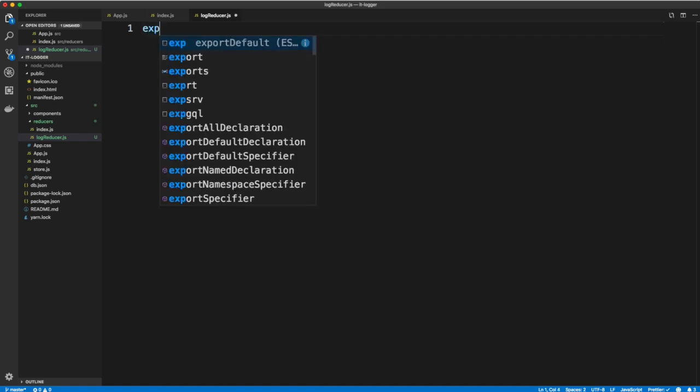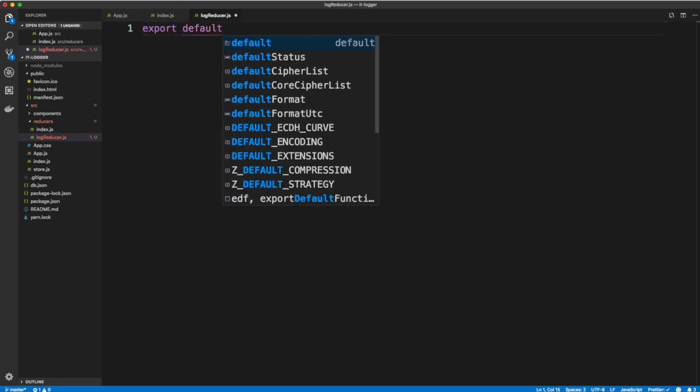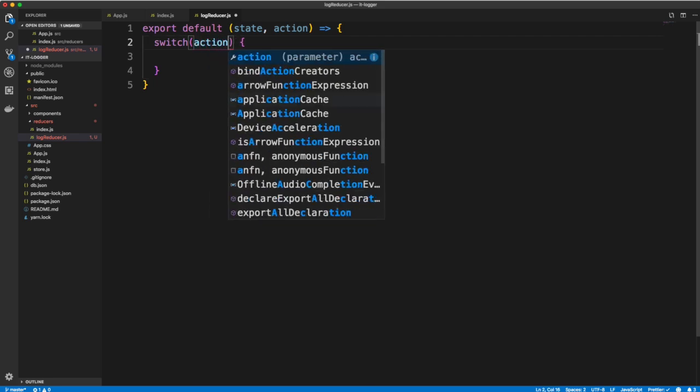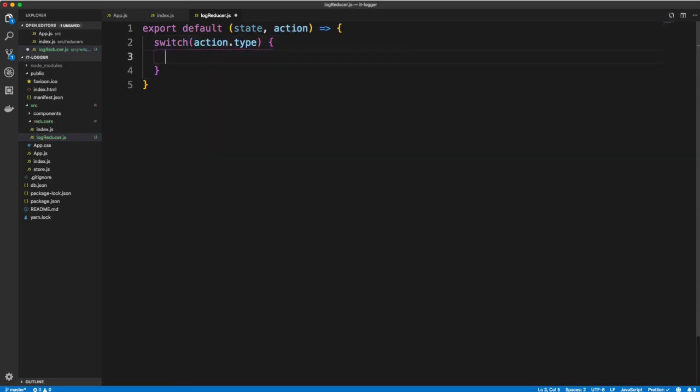So we're going to export a default function here, and this function is going to take in state, and it's going to take in action, and then we're going to evaluate with a switch the action type. Okay, and then we're going to have a default where it'll just return